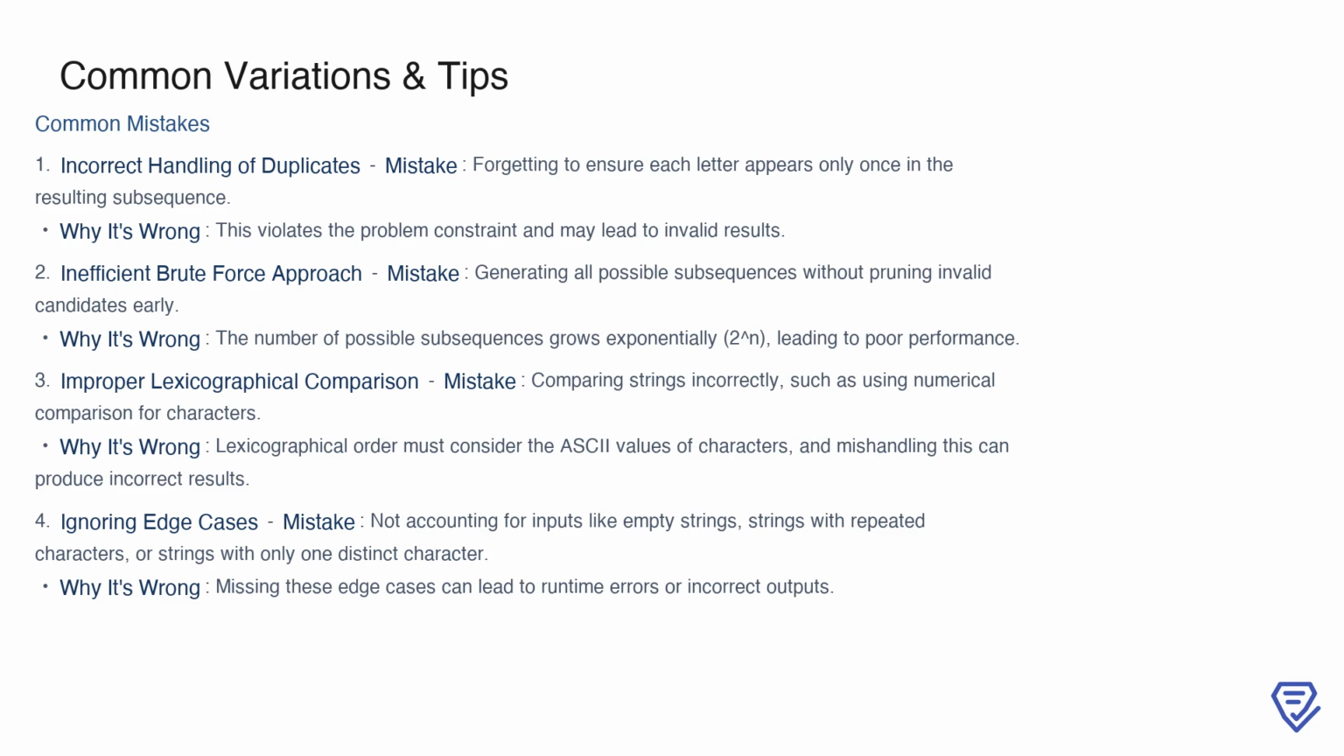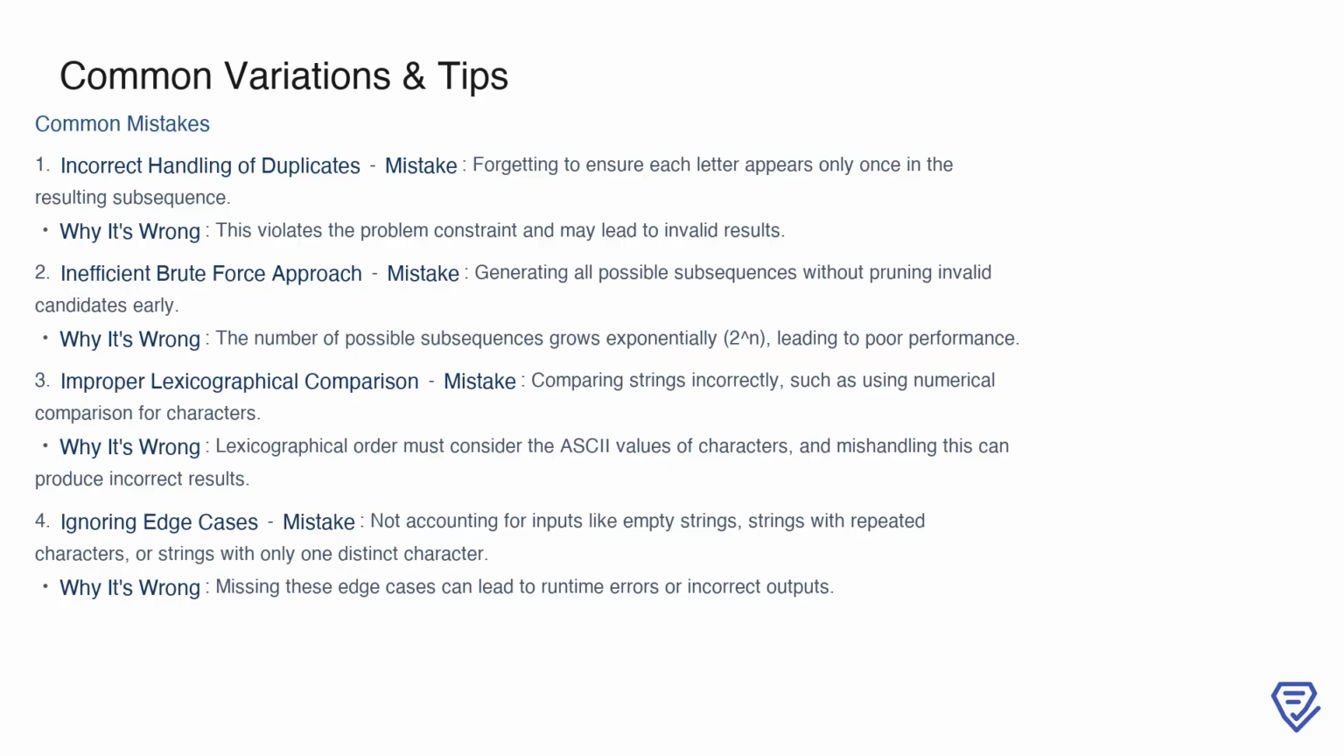First, we often see incorrect handling of duplicates. The mistake here is forgetting to ensure that each letter appears only once in the resulting subsequence. This directly violates the problem's constraints, leading to invalid results. Next, there's the inefficient brute force approach, where all possible subsequences are generated without pruning invalid candidates early. This is highly problematic because the number of possible subsequences grows exponentially as 2 to the power of n, resulting